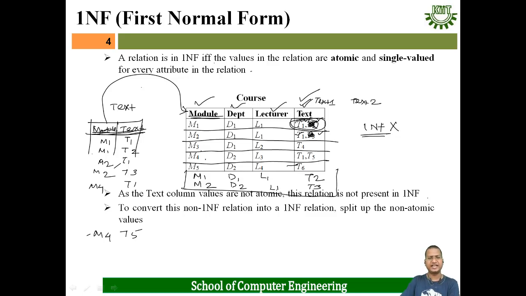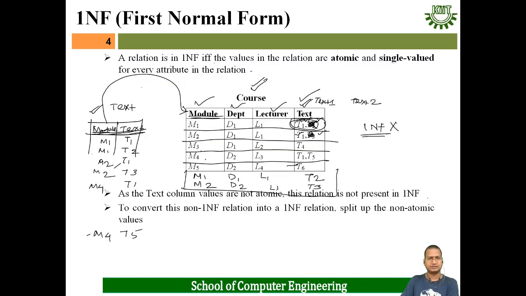In this way, there are three ways to make this course table a 1NF table. First way: for each entry, suppose 2 values are there, you add rows, but that is not a wise one because redundancy increases. Another way: for each data item, suppose 2 data items are there, then we take 2 columns; but if 3 data items, then 3 columns. That is also another way. And the best way is, for a multi-valued attribute, to take another table. This third choice is the good, or best, one.